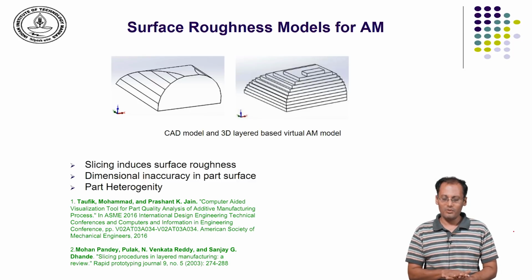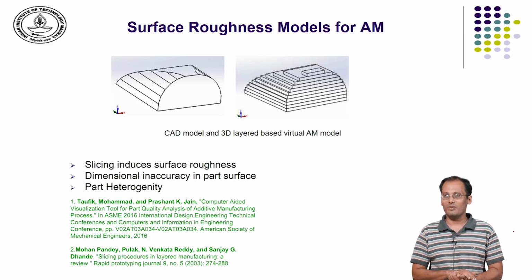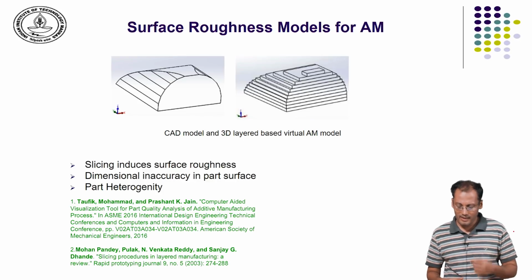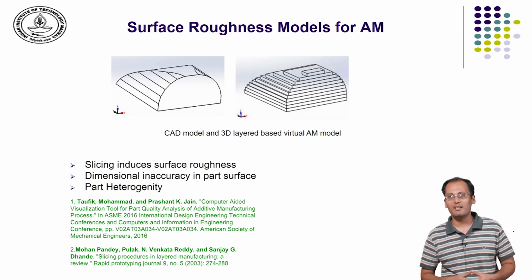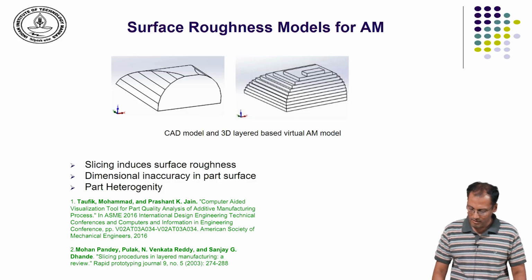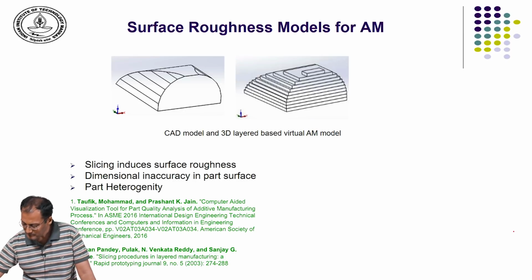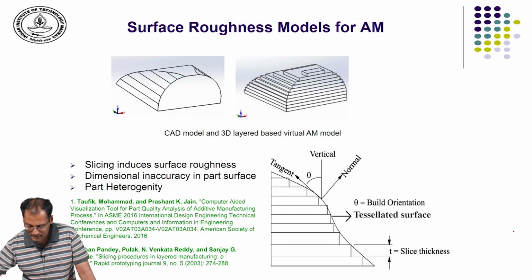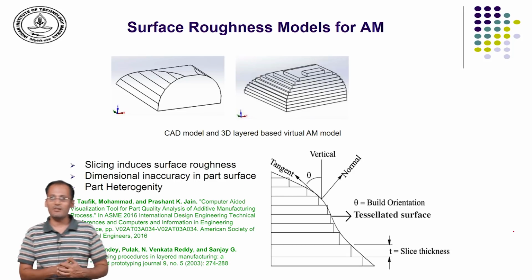Also it leads to surface irregularity and leads to surface finish or form tolerance issues. So, one of the foremost works in this direction has concentrated mainly on looking at the surface finish that is compromised because of the additive manufacturing process. And depending upon the process characteristics, the stair stepping effect, or what is called the staircase